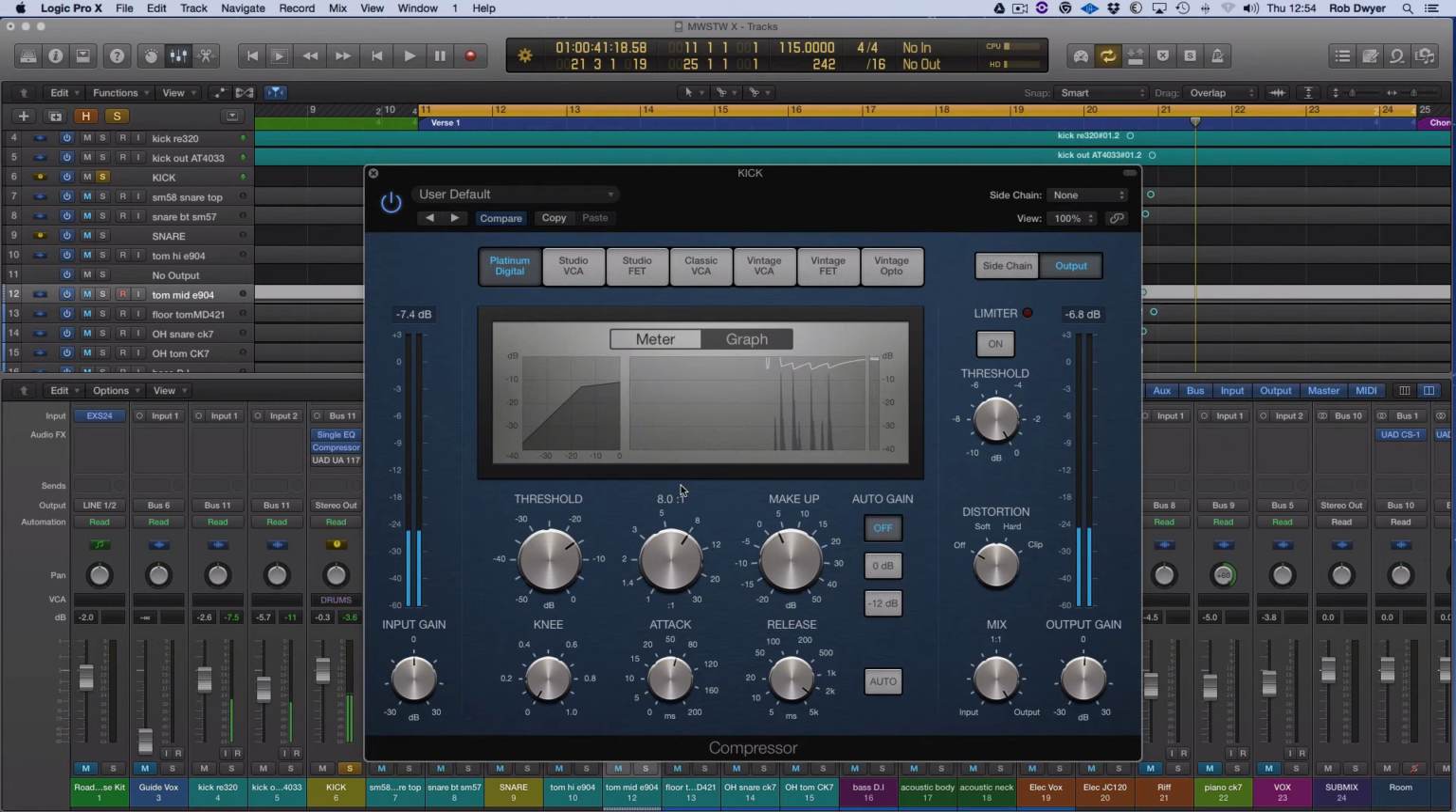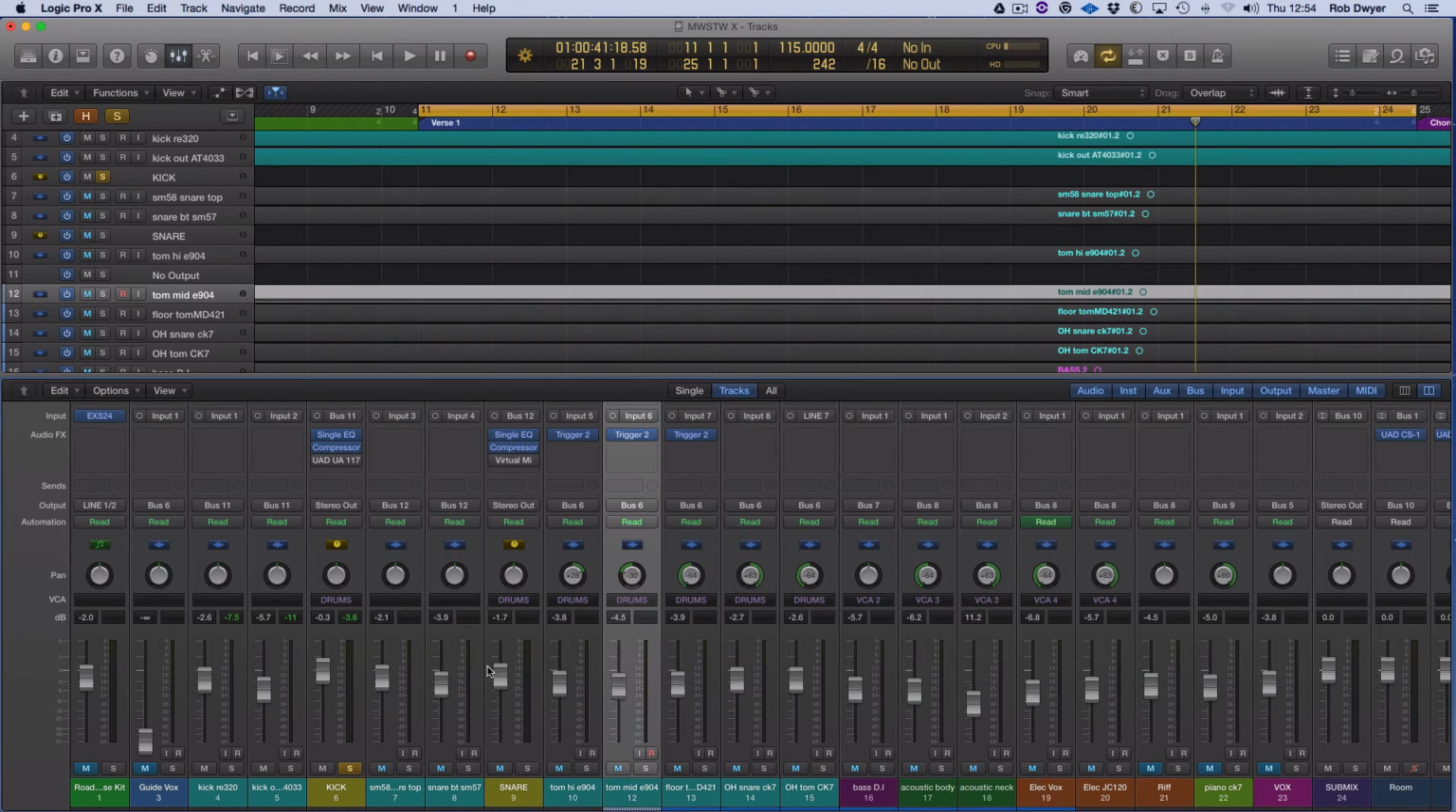Now, where I've made up the gain and the output, you will hear there's a slight lift in the snare as well. That's part and parcel of it. But I actually quite like the sound of the bass drum there. I think that's much more positive. Now, if we jump to the snare,